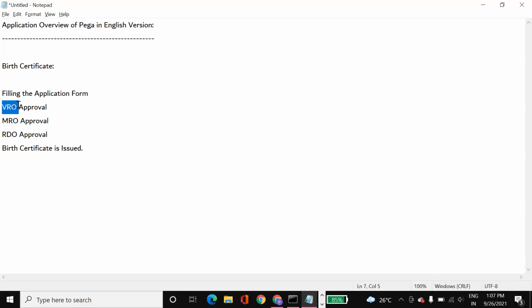And then coming to the other thing, since it is a paper-based application form, you have submitted your form in VRO, and once VRO uploads, let's say your file is in the MRO office. Let's say some fire accident happened and everything got fired off, smashed. So what happens? All the data will be gone, right? Your application and others' applications, some certificates or some approvals, some files, everything will be smashed, right? So this is the disadvantage because of the paper-based application forms.